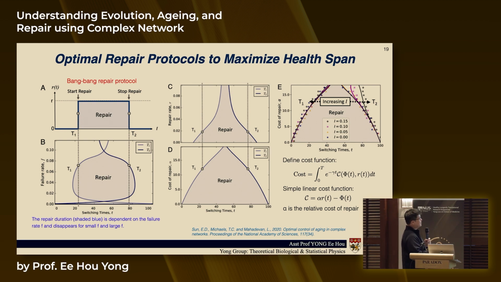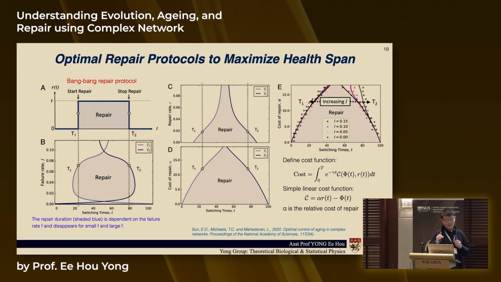So they use a very simple cost setting. Basically you have some cost function over the time of the simulation, and it's discounted by some parameter. And it's really a linear cost function because in this case, the repair cost is always positive. In physics, we usually use a quadratic kind of dispersion, but because it's always positive, a linear system will work. And then there's some kind of mortality rate, right? Okay, so there are all these interesting predictions on how much energy you want to put into repair and what is the optimal amount of control.